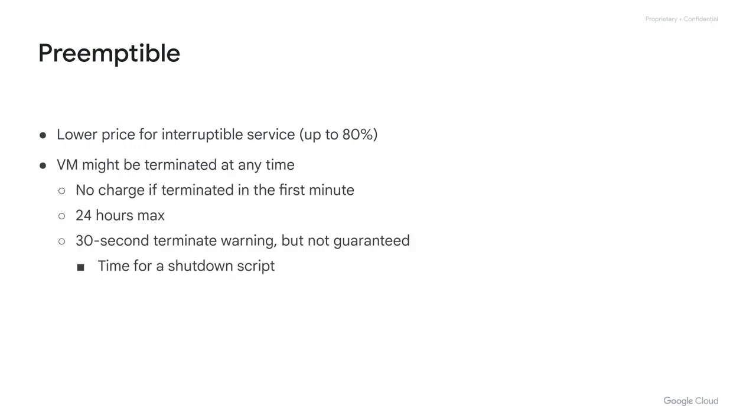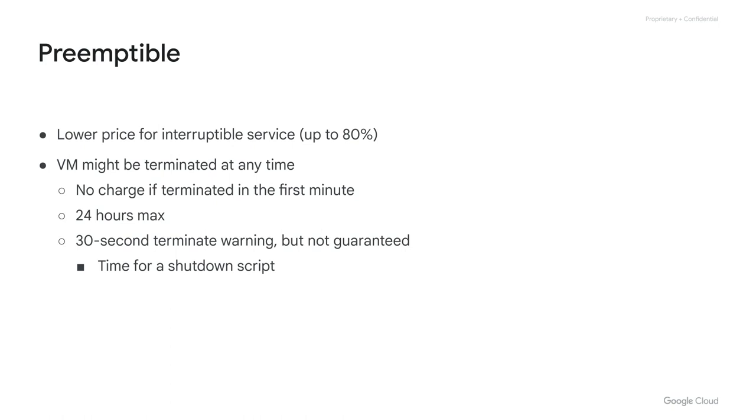As I mentioned earlier, a preemptible VM is an instance that you can create and run at a much lower cost than normal instances. See whether you can make your application function completely on preemptible VMs, because an 80% discount is a significant investment in your application. Now, just to reiterate, these VMs might be preempted at any time, and there's no charge if that happens within